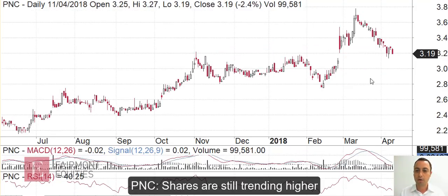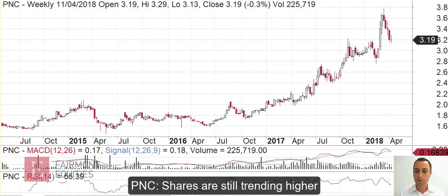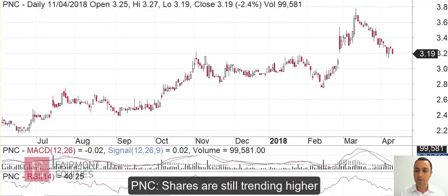Okay, next one, Pioneer Credit, looking good. So weekly chart here, going back the last few years, clearly it's still trending higher. It went up a bit vertically at the beginning of the year and has come back naturally. Maybe it uses up a bit more time. Essentially, what we've noticed is,